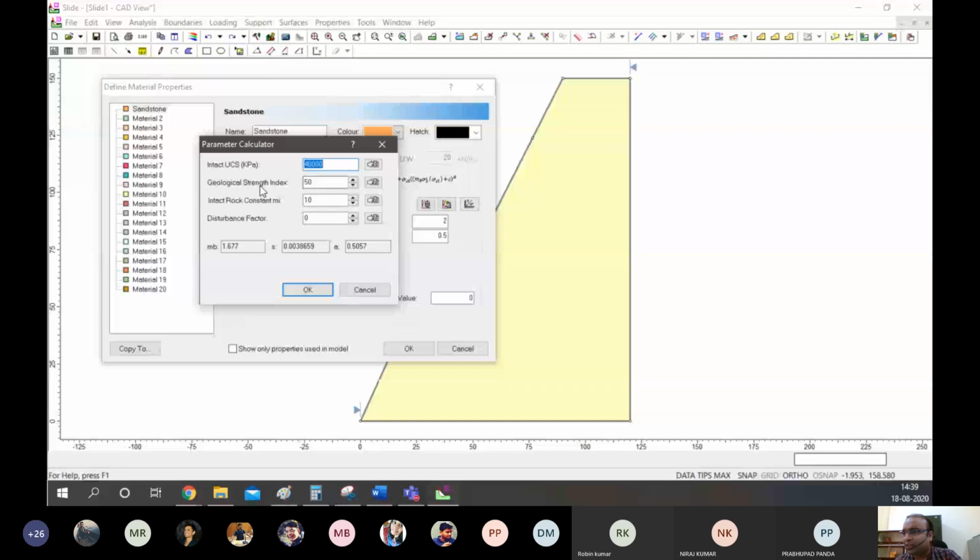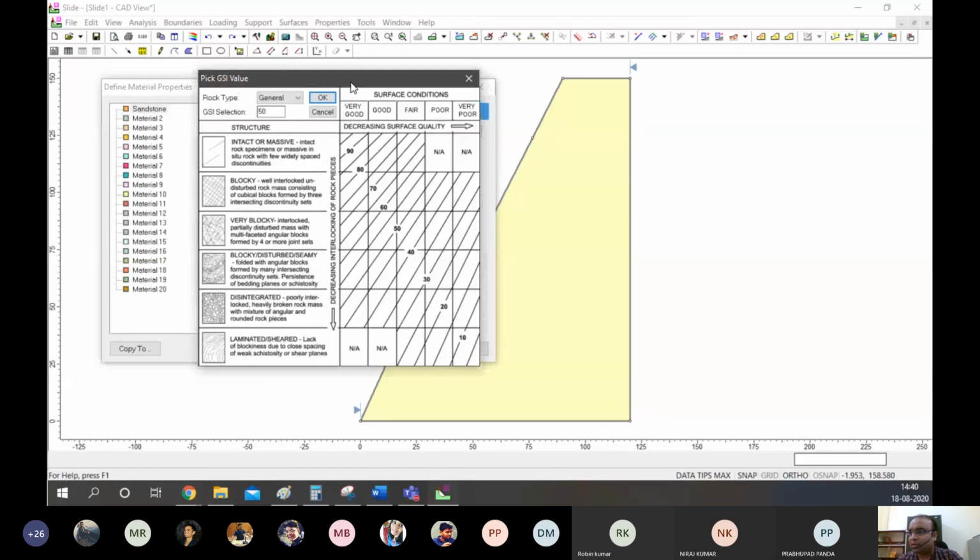Then there is the geological GSI index, which we can easily calculate from this chart. I think all this is mostly covered in your rock mechanics classes, but based on what kind of structure we have in our rock and what the surface condition is, we give each rock a GSI number or index.